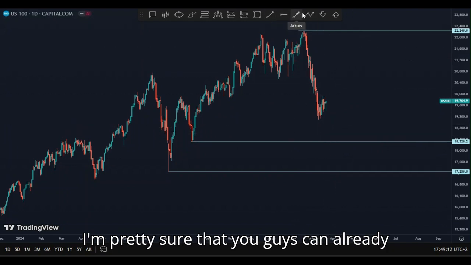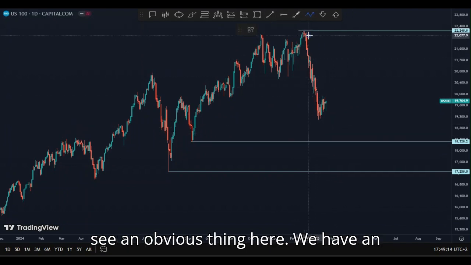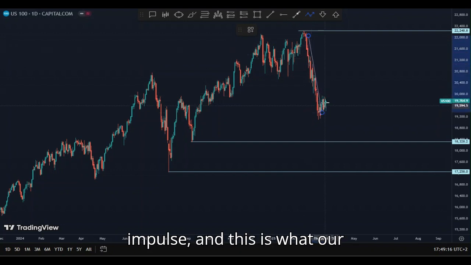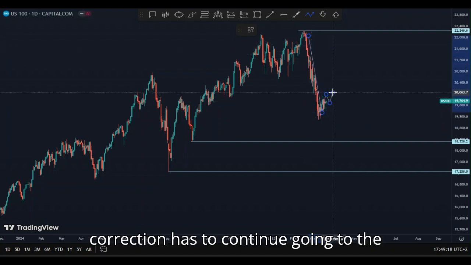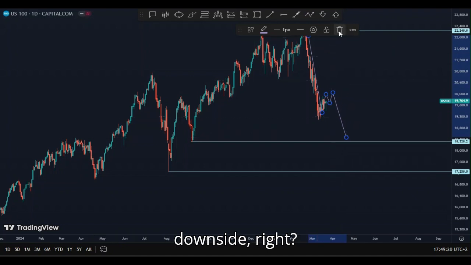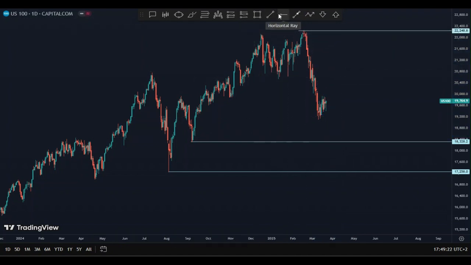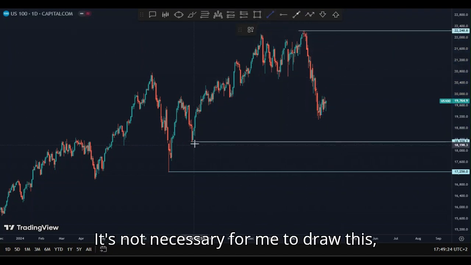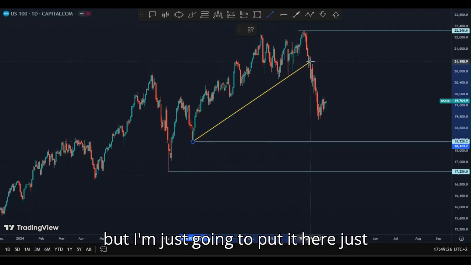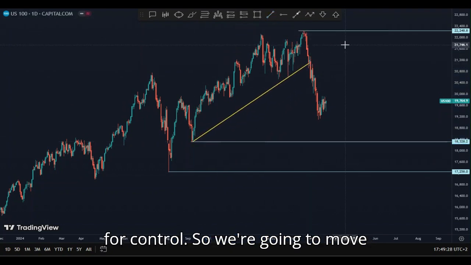But I'm pretty sure that you guys can already see an obvious thing here. We have an impulse, and this is our correction, guys, to continue going to the downside, right? It's not necessary for me to draw this, but I'm just gonna put it here just for control. So we're gonna move to the H4